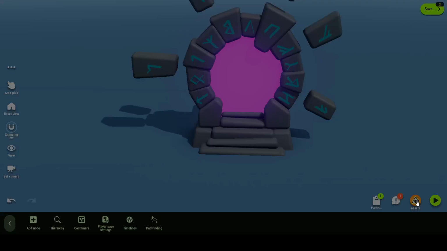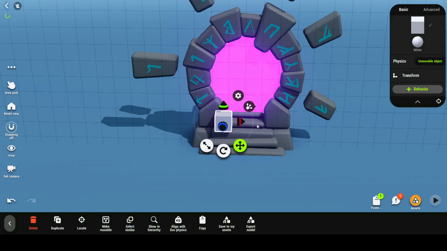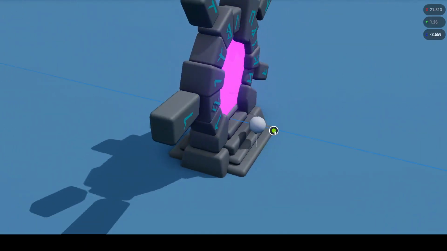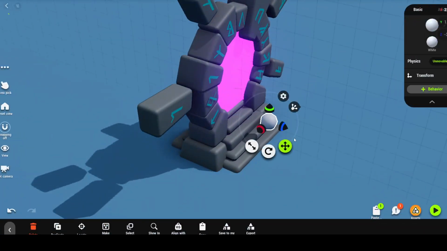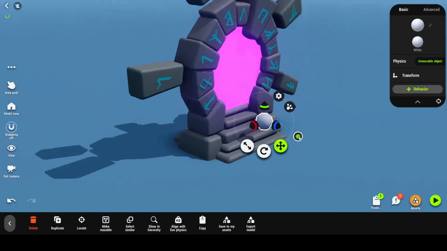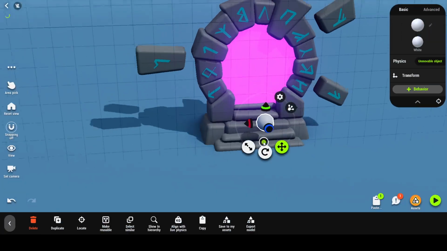So what we can do is click on asset. You can go to any model. For now, let's say a sphere. And we can set where our player should teleport. Let's say he teleports here. He should be away from this so that the player will not collide here. So let's say he's here,